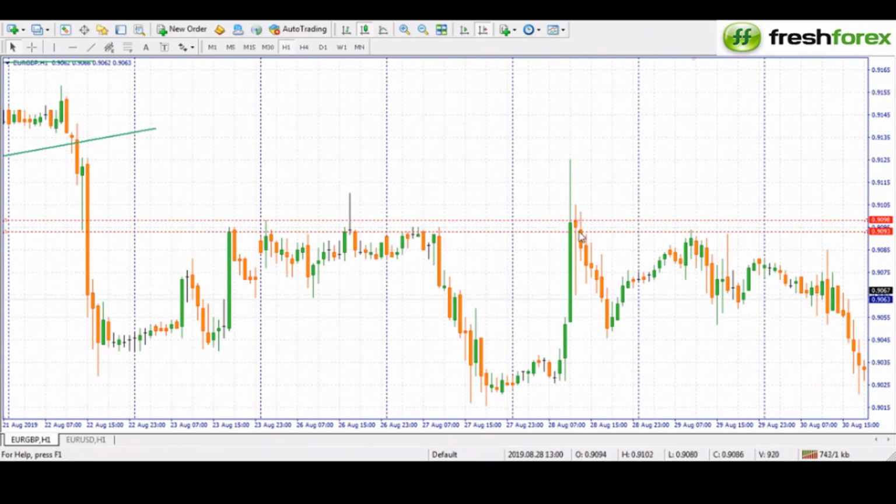So normally the correct way to enter day trades is actually not when price is approaching this level, but when price has already reversed from this level. Which means that when price is continuing above and is attempting to break above with this tail, don't enter when price is going in this direction, but wait for price to continue up, then come back and close here. Then the next one you can now pick a sell. So after this attempt to break above, you can enter the subsequent ones. This was a trade, and then this was also a trade here, and then we also have this one as a trade.